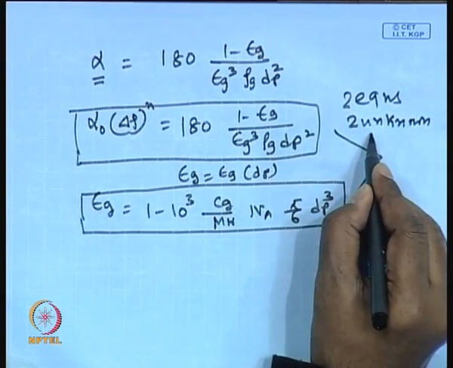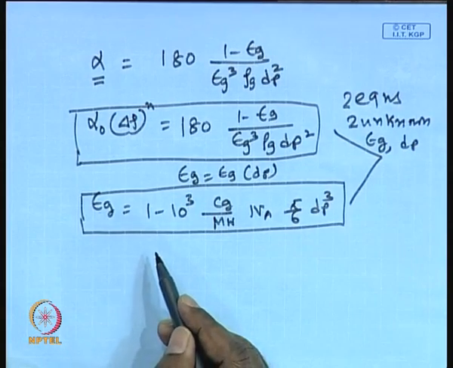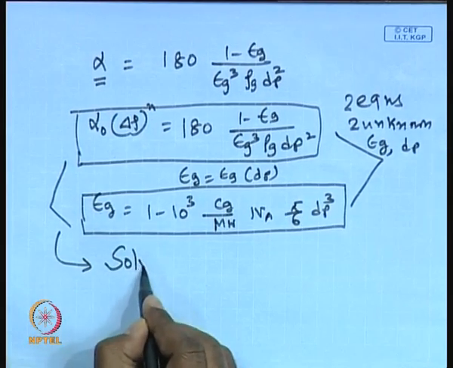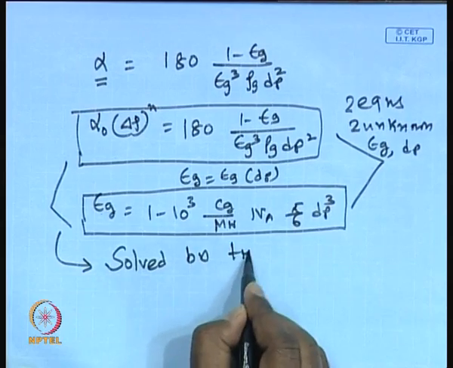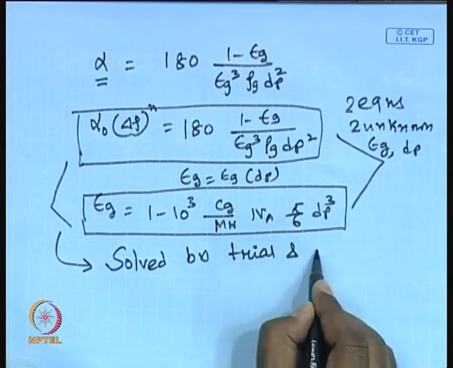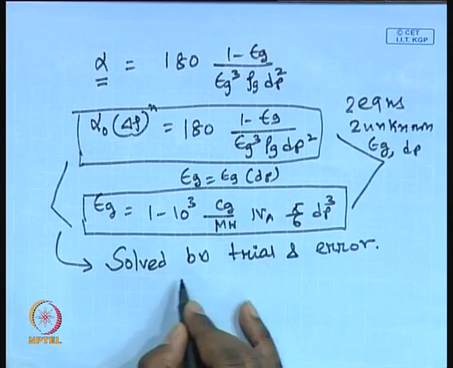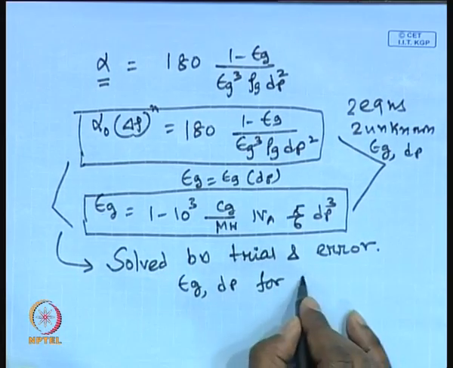What is this unknown? Epsilon g and dp. So, these two equations can be solved by trial and error. You can use Newton-Raphson. Solve by trial and error,